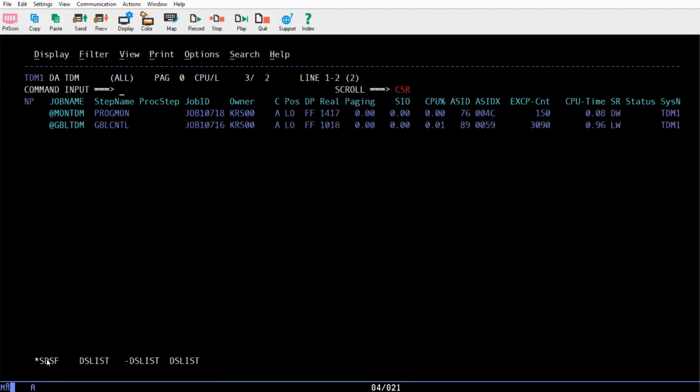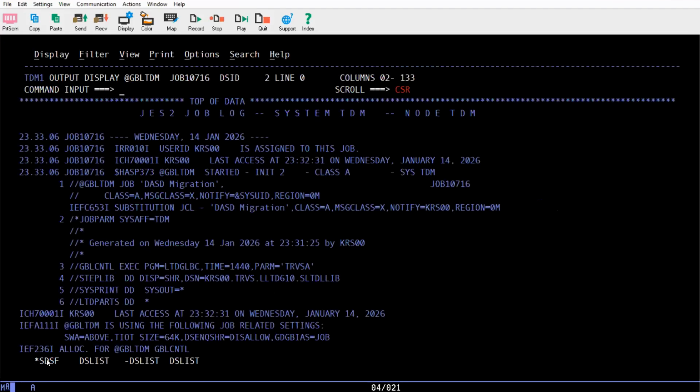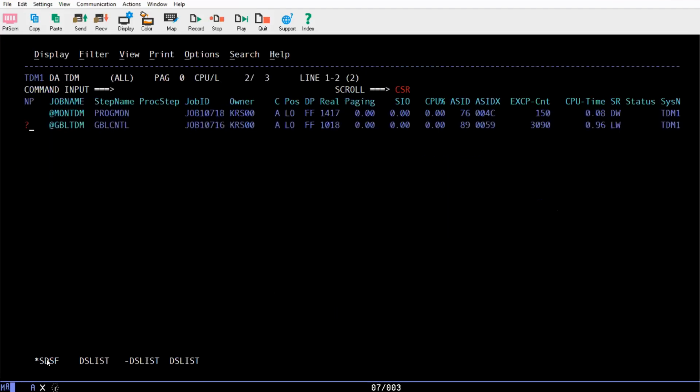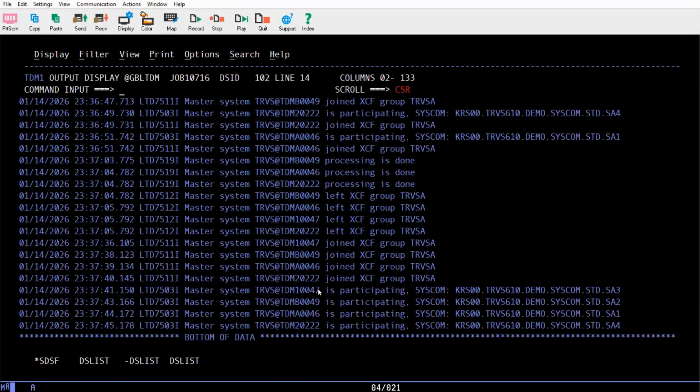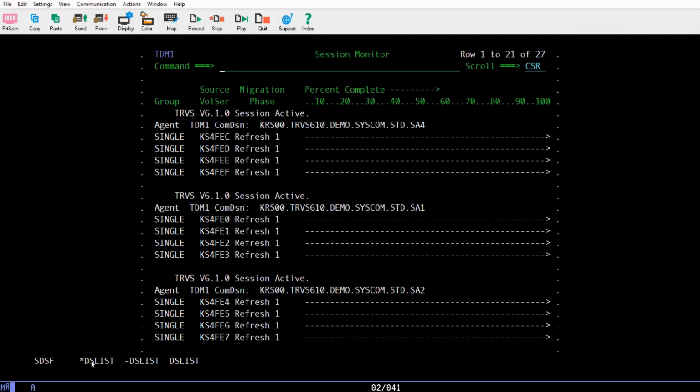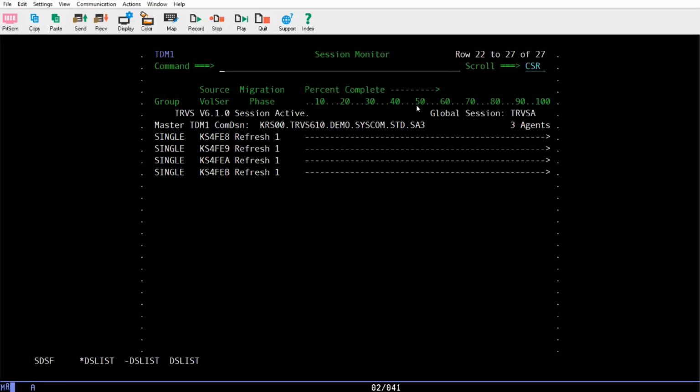What we have running is the global monitor. We can look at it real quickly to see that it has processed all of the 4 syscom data sets and is participating. Meaning it's looking at all of these sessions to make sure that they're ready and running. I can go back to where I'm in refresh mode, and you're going to notice that once it is ready, on the master system, again, this is the master system,